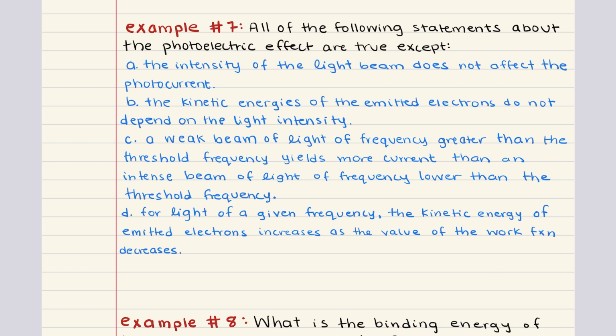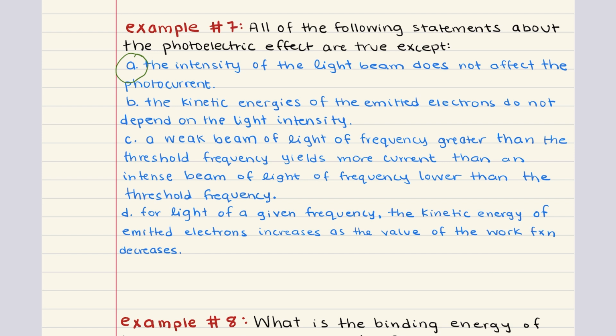Let's go through each of the answer choices and figure out which one of these 4 statements is incorrect. Answer choice A says that the intensity of the light beam does not affect the photocurrent. This statement is false, and it actually makes it the correct answer for this problem. But let's explain. The intensity of the light beam is directly proportional to the number of photons striking the material